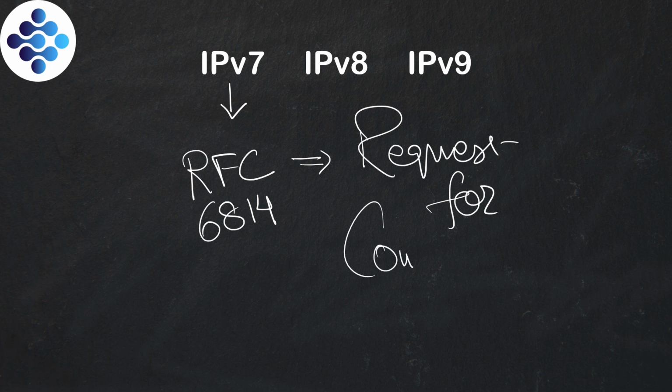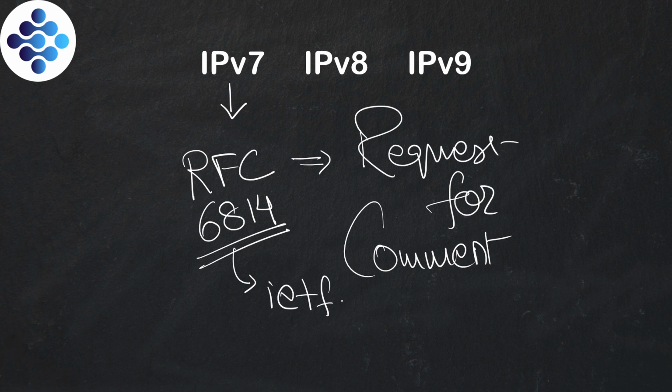What request for comment is, it's like all these new ideas, new inventions, they are put in the form of documents, and you can really access these documents at ietf.org. If you go to ietf.org and you give 6814, they'll be giving you in-depth details about